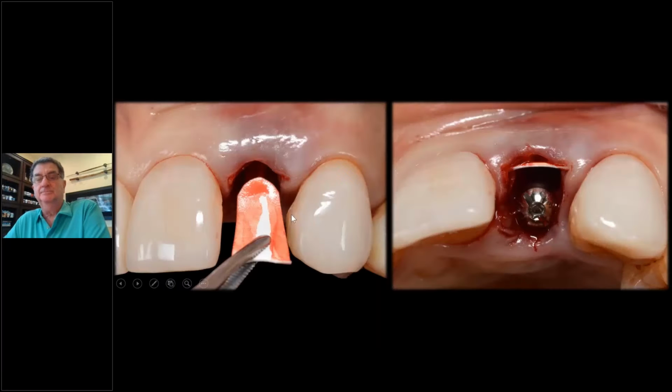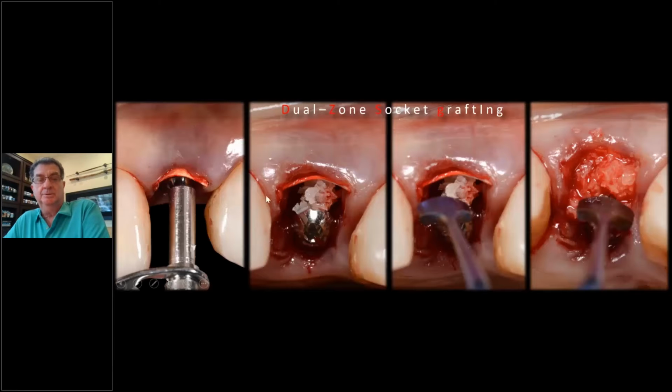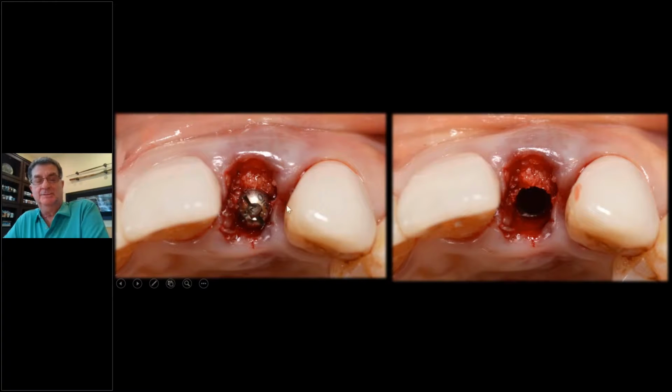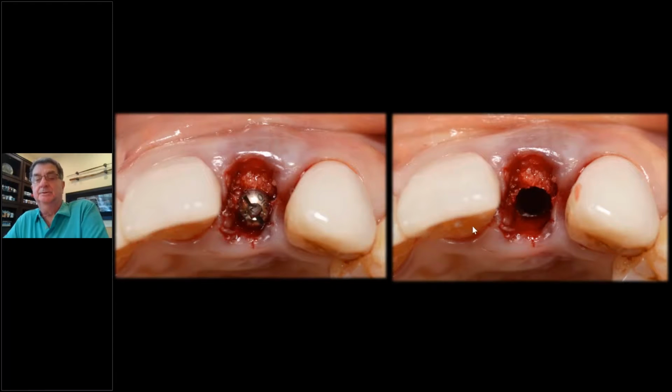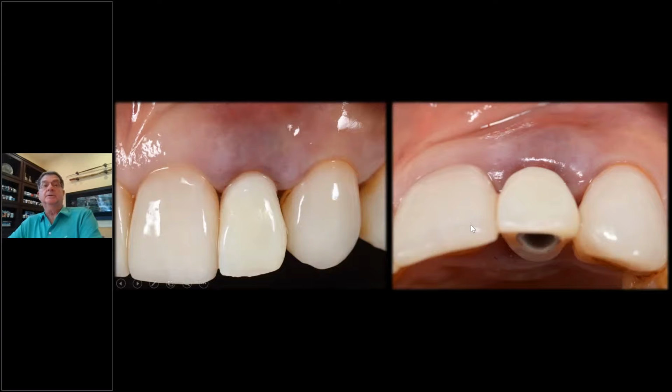I'm going to place it back in, and there's the gap, and I'm going to fill it with bone, with a straight cylinder in there, straight healing abutment. Here you see the graft being placed, pressed up, and you hold this in place, so moving in. Here you see the new graft, and then slowly take it out. Now you have the temporary made, you're going to squeeze it on, and you're going to push all this bone out and distend it up. And that's what I did here, as you see.